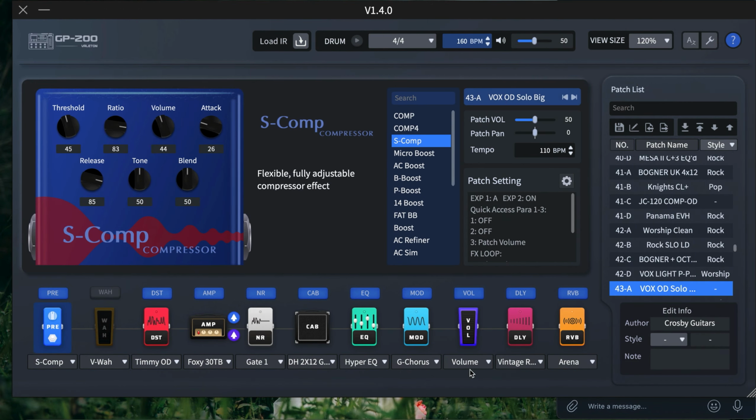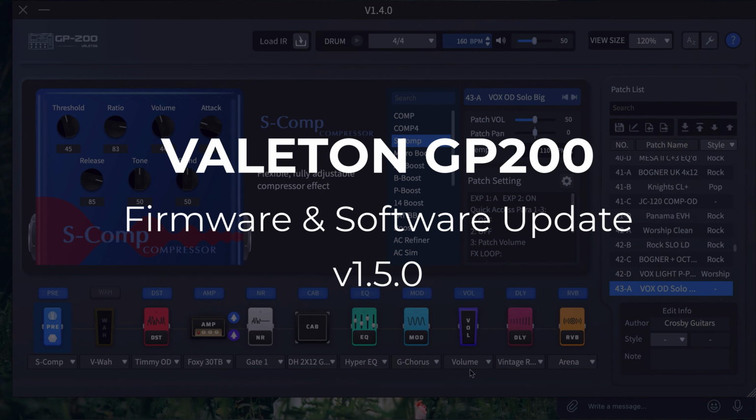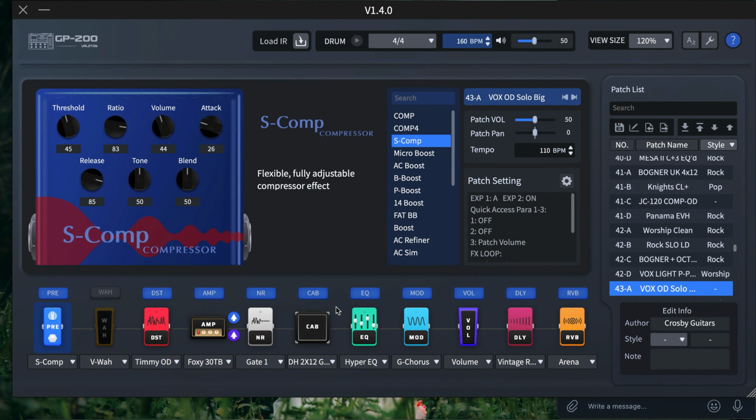In this tutorial, I'll be looking at how to update your Valeton GP200 software and firmware to version 1.5.0. Let's get started. So if you don't know where to get each of the listed items, the firmware, software, and